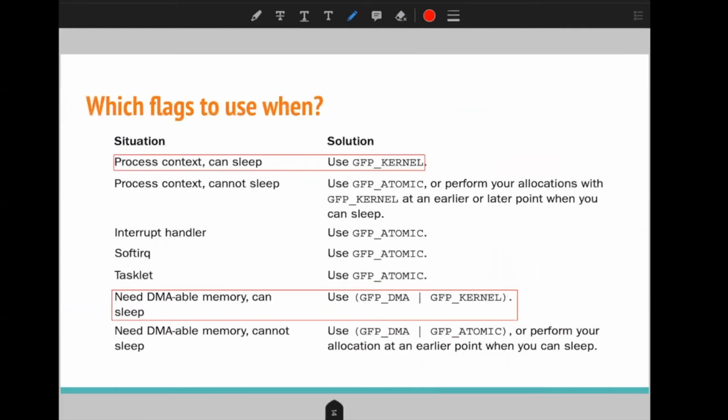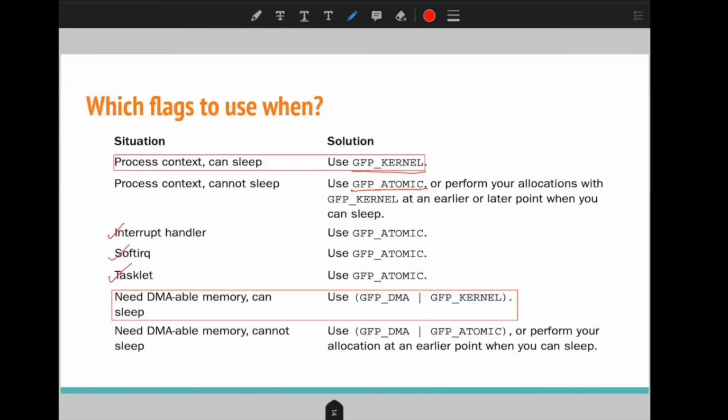So we have discussed different kinds of flags. Let's discuss which flags we should use for our allocation. As we have discussed, in the process context, if it can sleep, then we use the GFP_KERNEL flag. If we need memory in the process context and we don't want to sleep, then we can use GFP_ATOMIC. Similarly, for interrupts, software queues, and tasklets, we have to use GFP_ATOMIC.